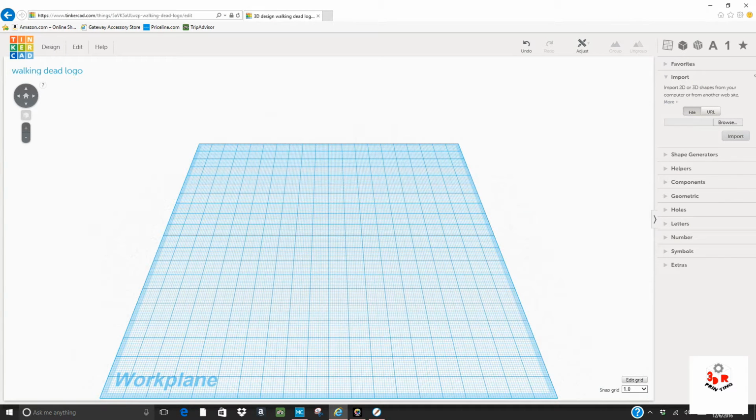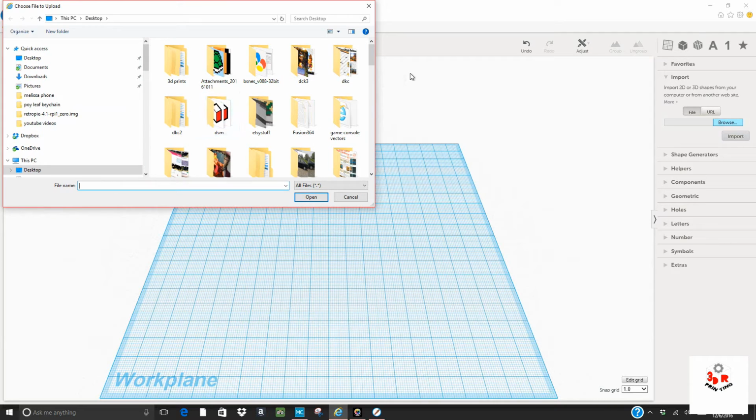So now we're going to go into your internet browser to go to tinkercad.com. If you don't have an account, just start one, and we'll get you started. So right now you can import SVG files or import actual scalable files where you can actually edit them. So what we're going to do is hit browse,